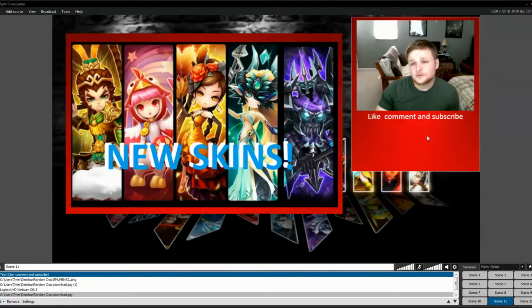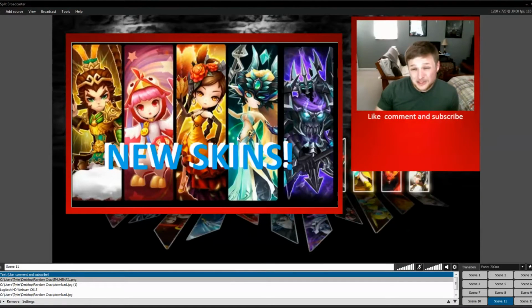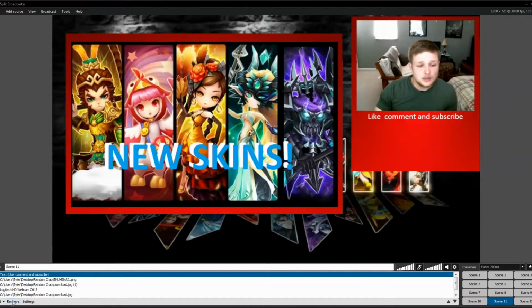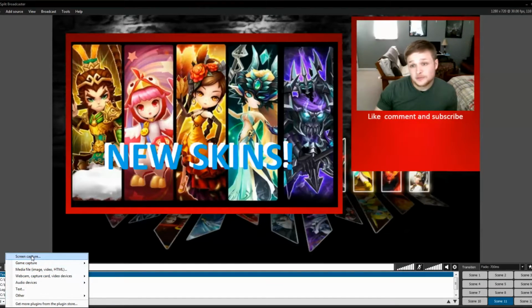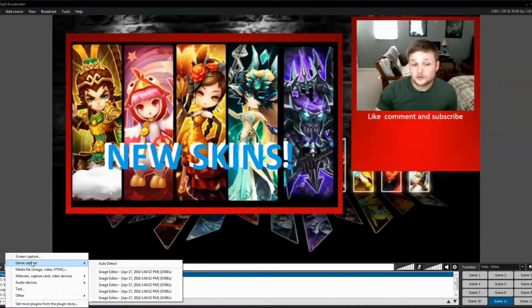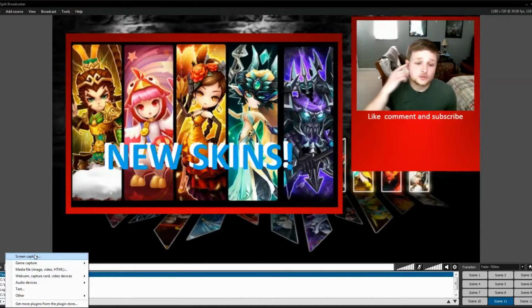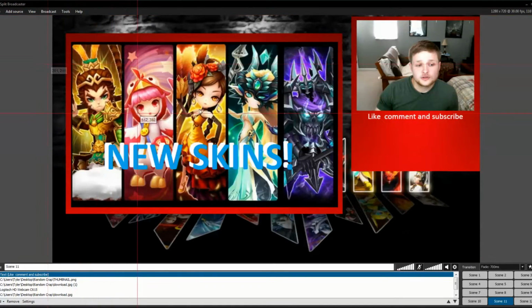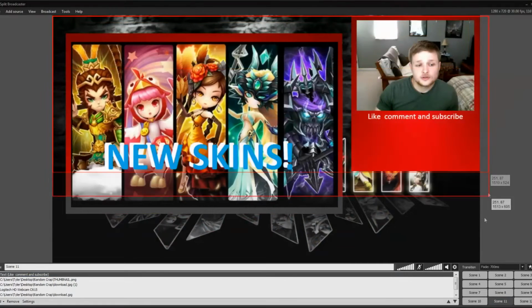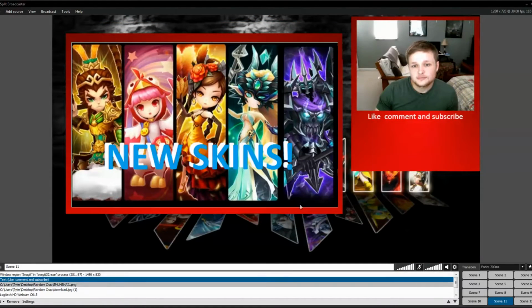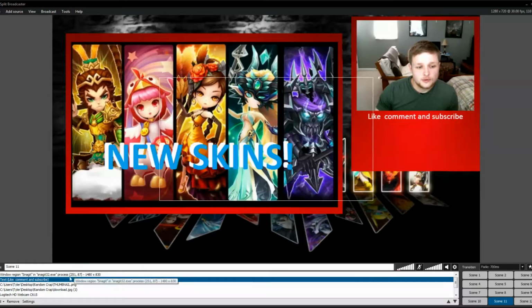Now what you can also do is record, if you didn't have a picture and you actually want gameplay footage. You can come down here to the screen capture option, or you can just go to game capture, right, which will auto detect games like if you're playing Summoners War or WoW or whatever, and it will auto detect it and just auto pick it up when you click on it. But say it's not doing that, you can just go to screen capture and it will let you pick a particular range. So say I want to record this, right, and then we will